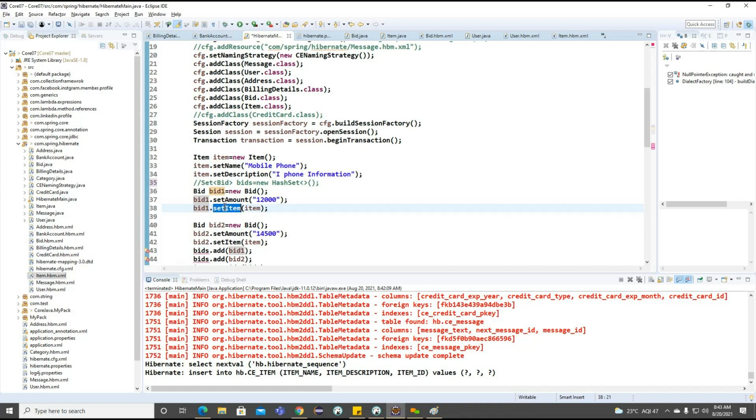I'm creating here bids dot set item be provided here. And finally, now what we can do here, let me understand here item.